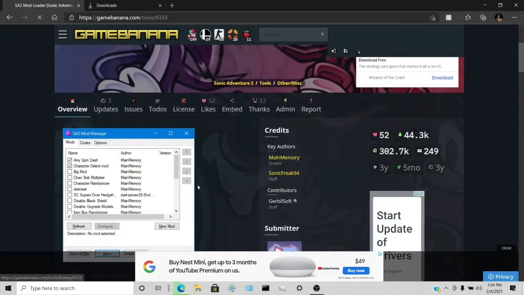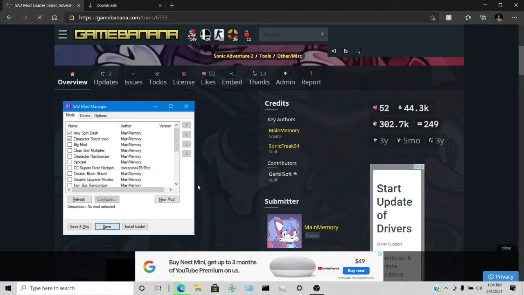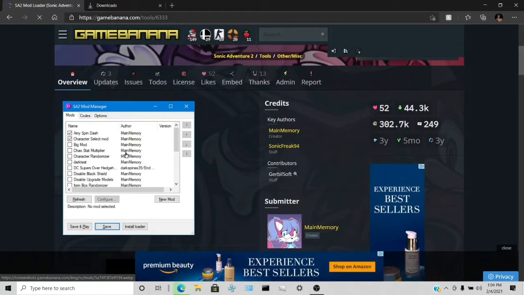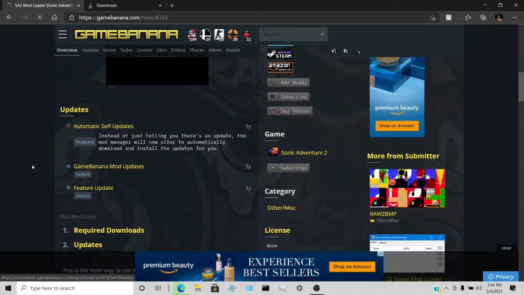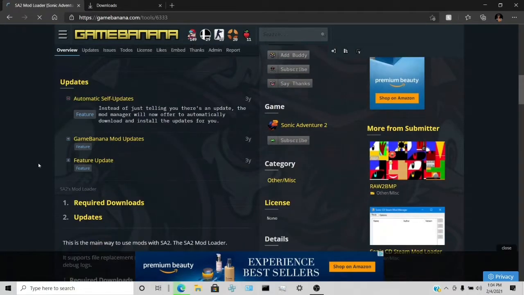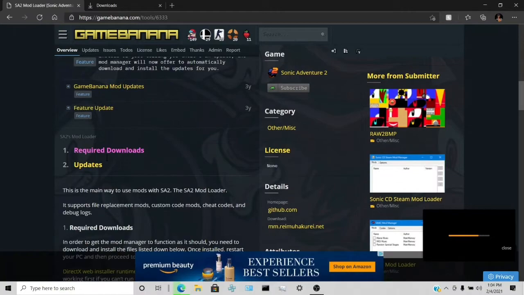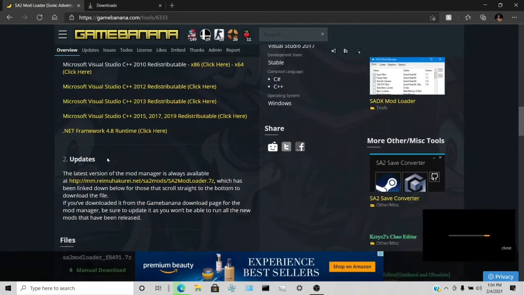But oh yeah, and then they also offer tools, as you can see right here. They have the mod loaders, and then they have other tools that you can download for whatever game that you're trying to mod. So we're gonna scroll down. You can get some info about the updates that they did to it and whatnot. We want to keep scrolling,